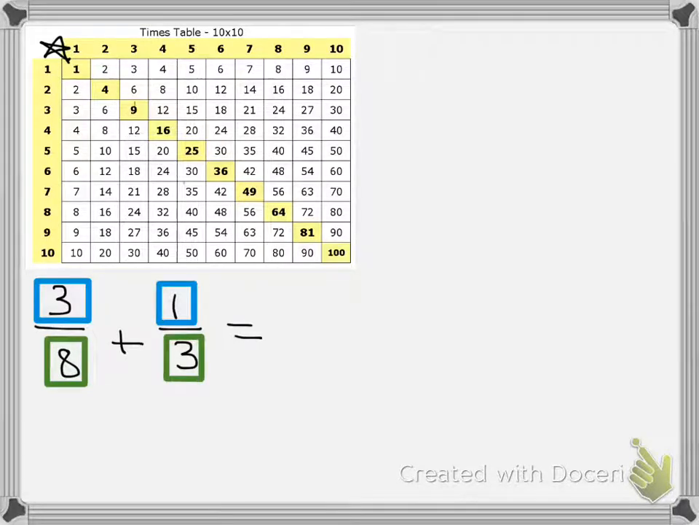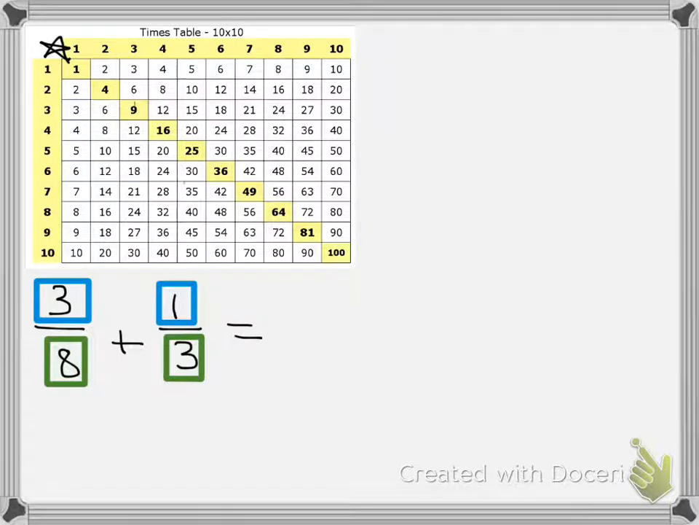So in this video, we are going to be adding some slightly more complex fractions. And what we are going to be adding in this is 3 over 8, or 3/8, plus 1 over 3, or 1/3. So I'm going to imagine that I just have a really hard time with my times tables. So I'm going to use my times tables chart to help me solve this problem to find a common denominator